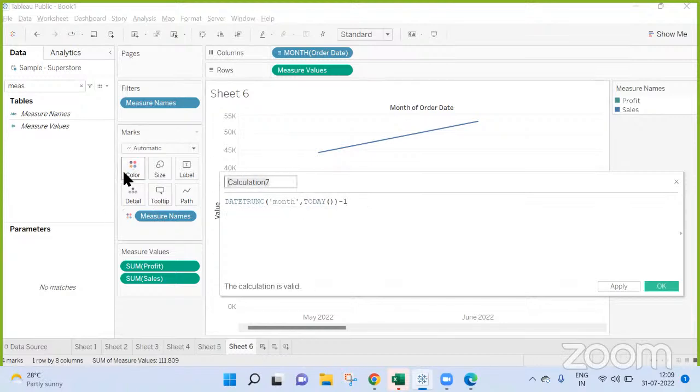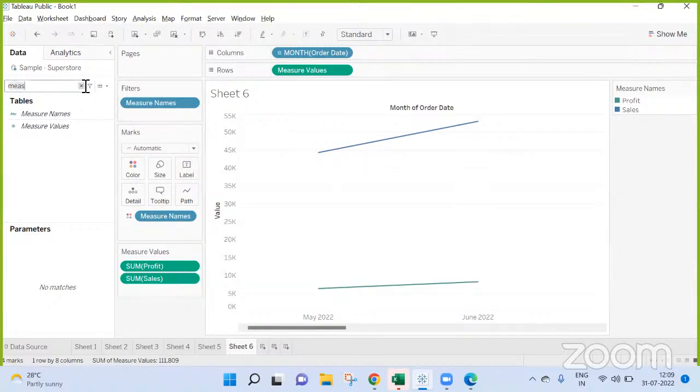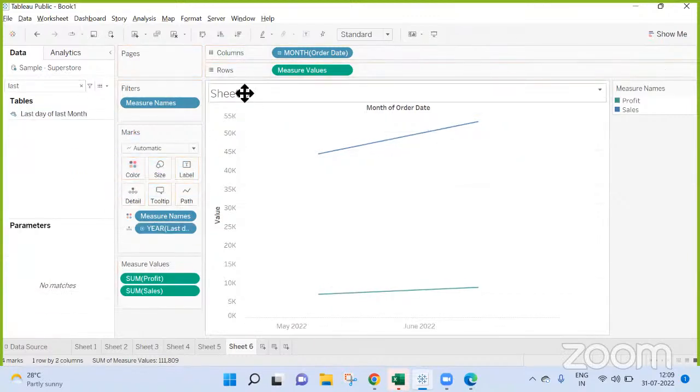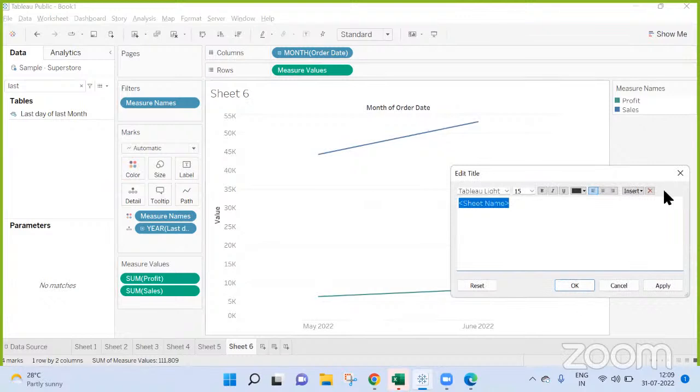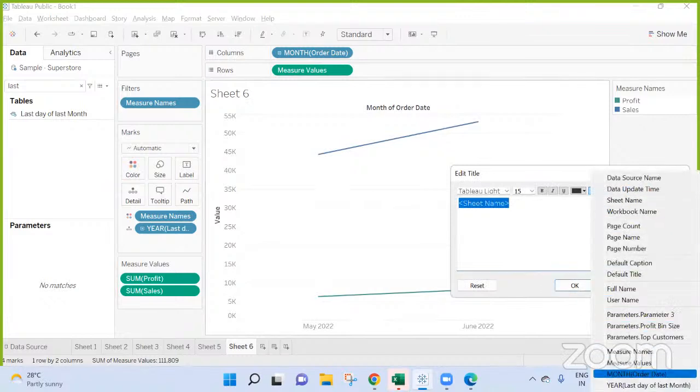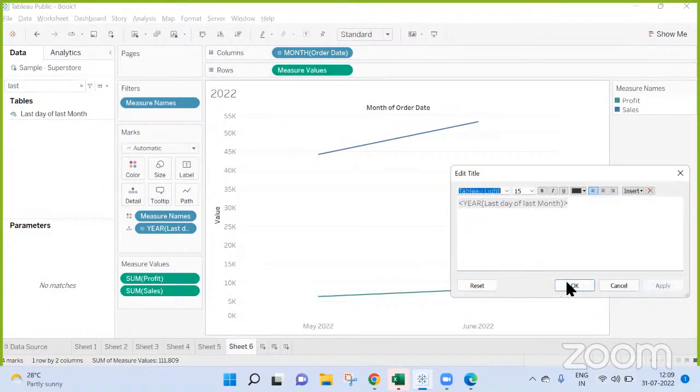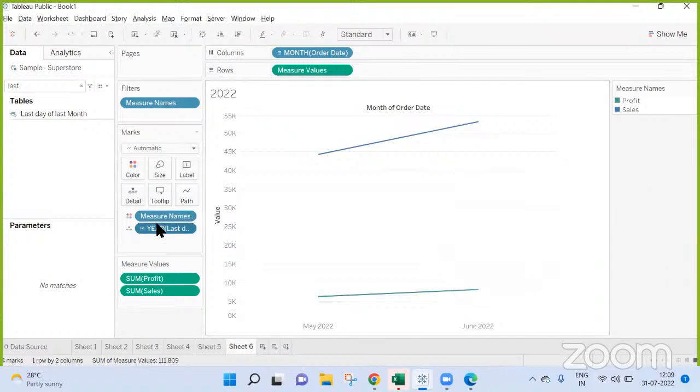This will give me the last day of last month. Let me click on apply. Okay. Let me click last day of last month into detail. In the header I am going. Okay, it should not be here, it should be exact.